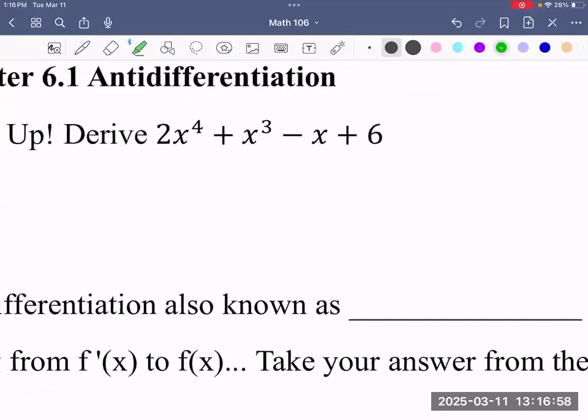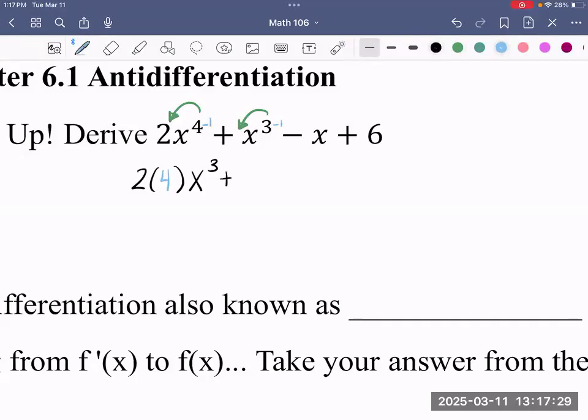To write it all out, I'm going to show you a step-by-step, because again, our goal here today is to learn how to go backwards. So with deriving, we bring each exponent down and subtract by 1. So minus 1, minus 1. So you have 2 times 4x to the third. That 4 came down,